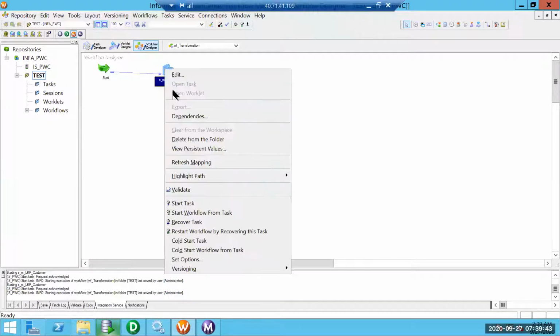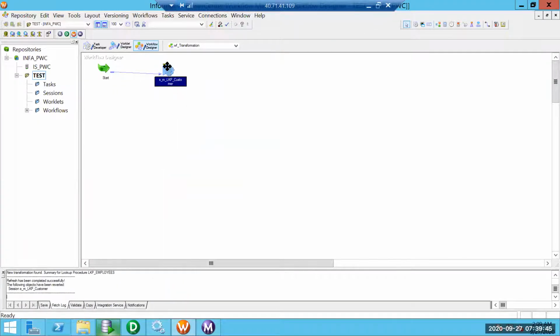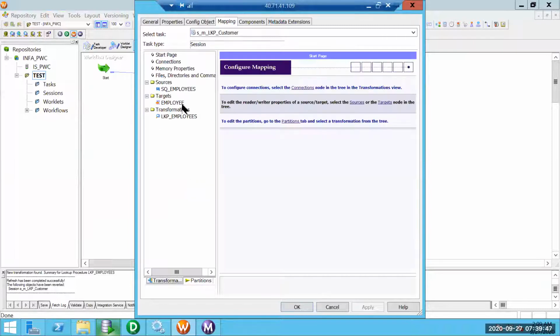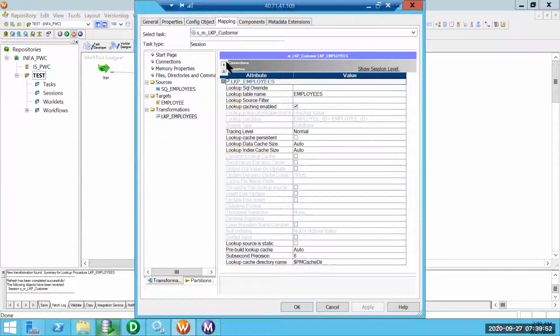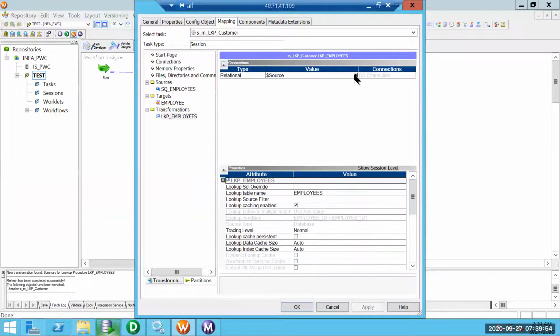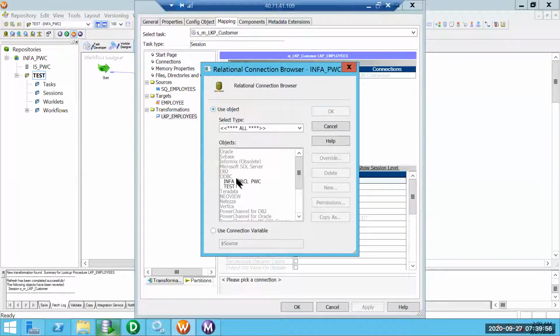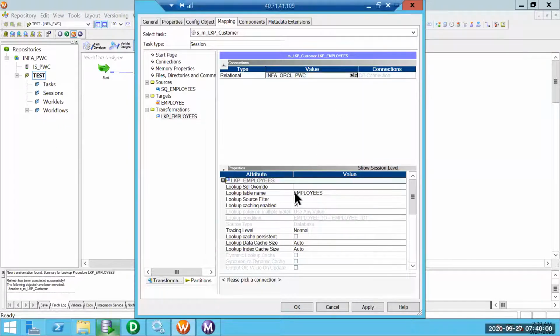Now let me refresh the mapping, then configure the target connection. Lookup employees is actually present in the HR schema. So I'm going to use Oracle PWC, and here I am going to prefix HR.employees because the schema owner is HR.